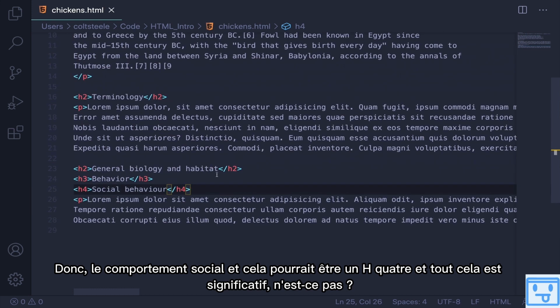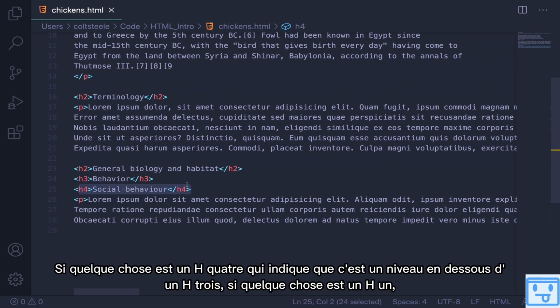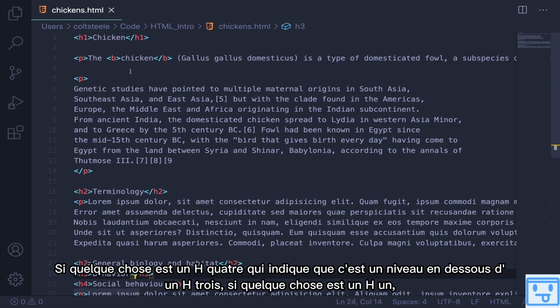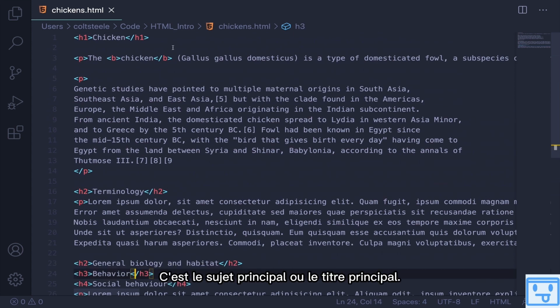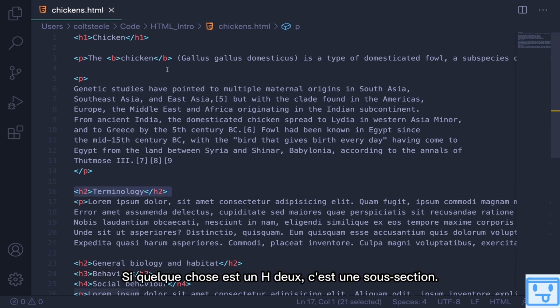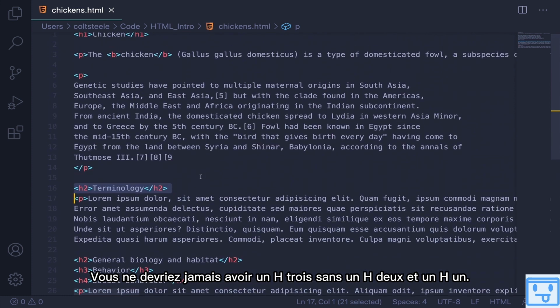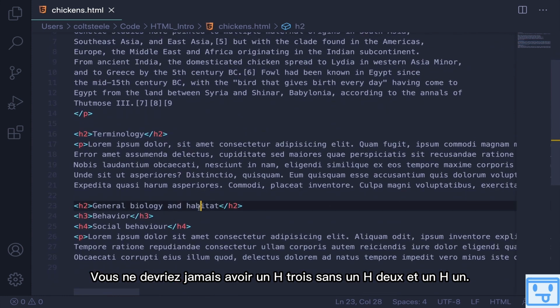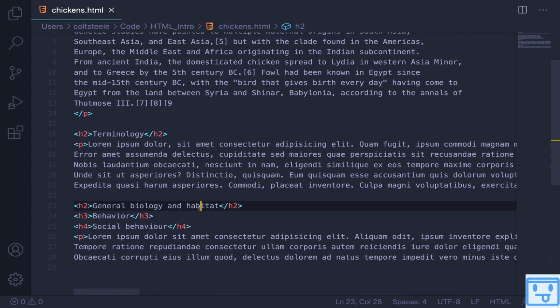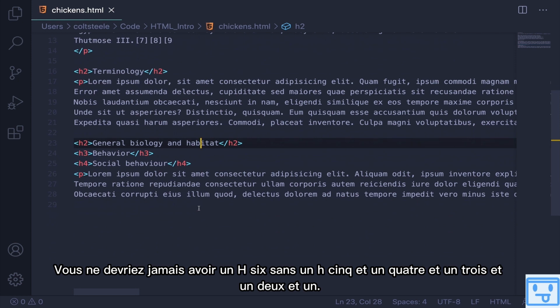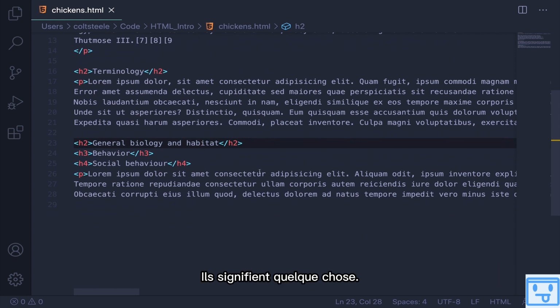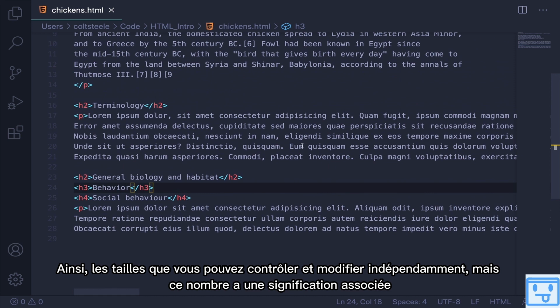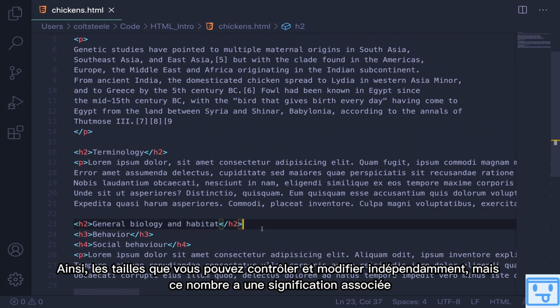And these are all meaningful, right? If something is an H4, that indicates that it's a level below an H3. If something is an H1, it's the top thing on the page. It's the main subject or the main heading. If something is an H2, it's a subsection. So keep that in mind. You should never have an H3 without an H2 and an H1. You should never have an H6 without an H5 and a 4 and a 3 and a 2 and a 1. They mean something. So the sizes you can control and change independently, but that number has some meaning associated